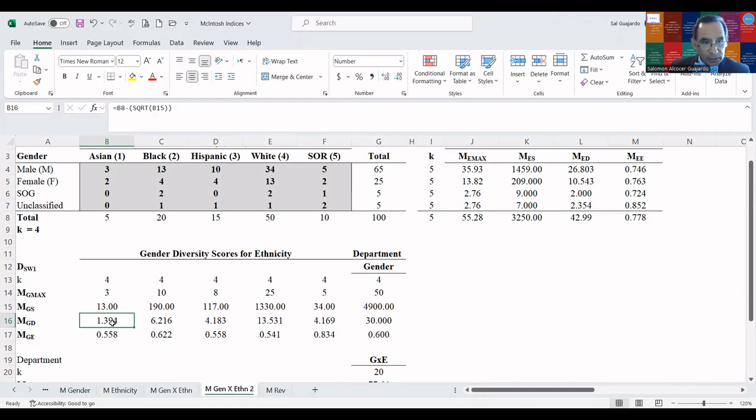In order to obtain the diversity score, it's going to be the total number of Asians, which is 5, minus the square root of 13.0, B15. That gives me a value of 1.394. When I get 1.394 divided by the maximum value of 3,